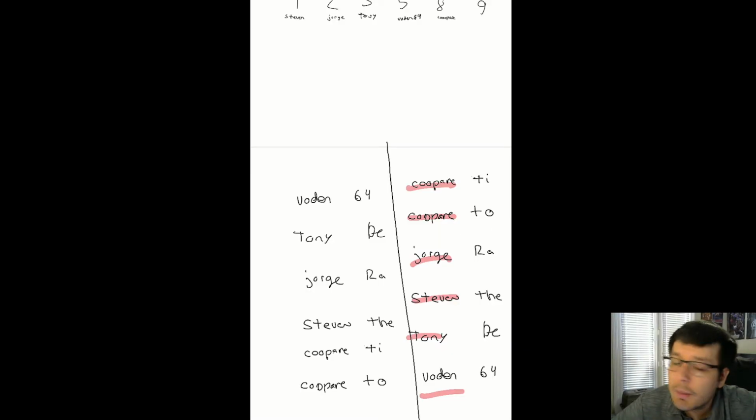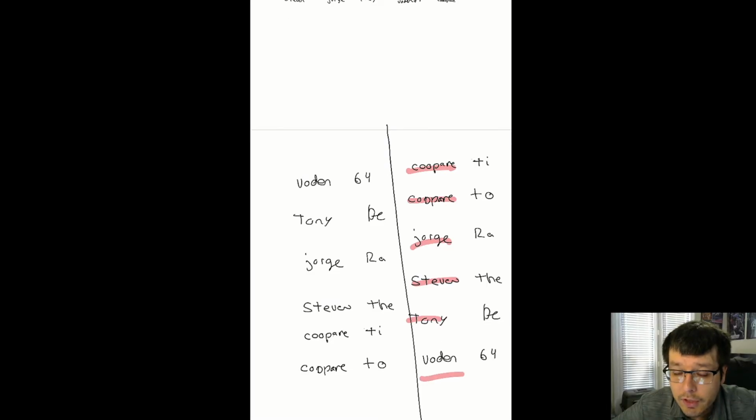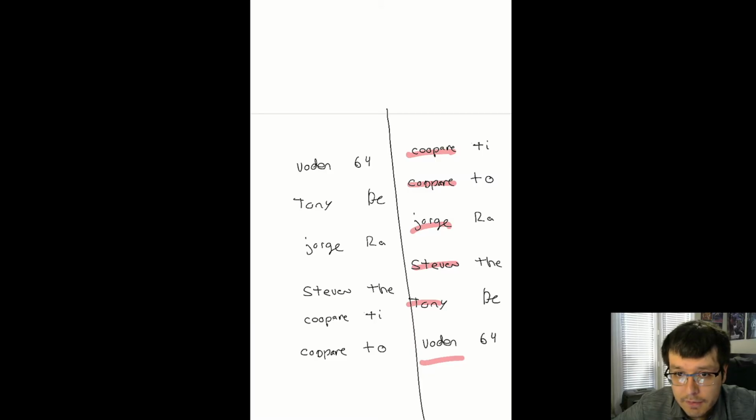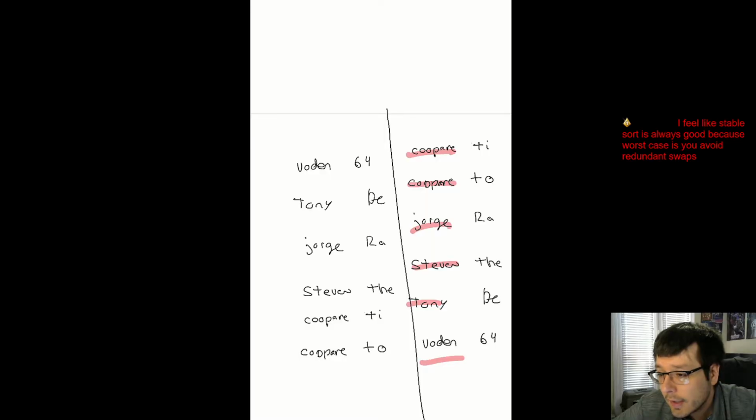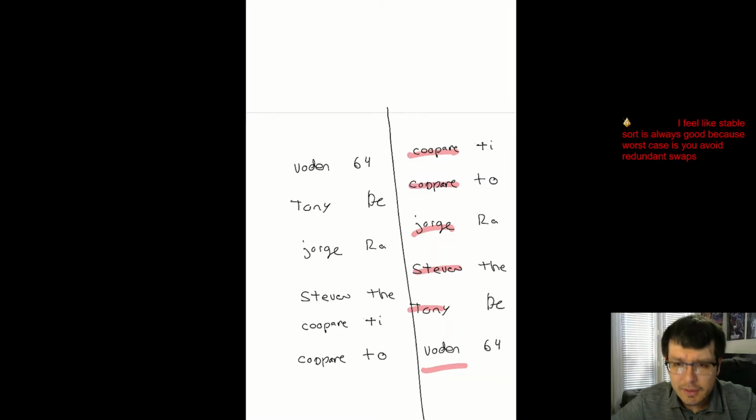So stable sorting can come in useful when you actually care about keeping things in the same order when there's a duplicate. So it's only going to matter whether an algorithm is stable or not when it comes to duplicates, okay? Again, even if you have a sorting algorithm that's not stable, you can somewhat make it stable by just checking every single field that you care about keeping stability on, which in this case would be like, okay, don't just sort by one field, sort by both fields, okay? So yes, stable sort is nice because you do avoid the redundant swaps. However, you know, like